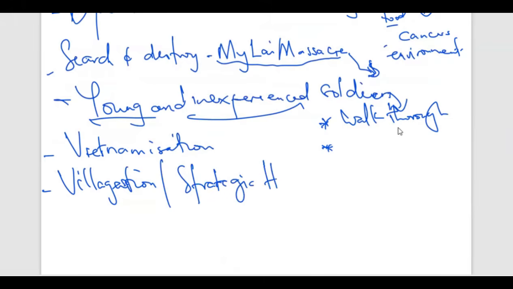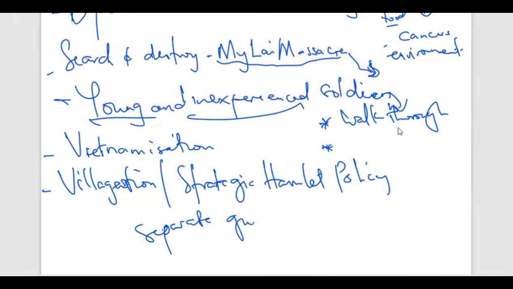Right, then there was also villagization, or what was called the strategic hamlet policy. This was a policy by the Americans to separate guerrillas from civilians. They wanted to be sure of who the guerrillas were. So they created new villages whereby they were taking the peasants into those villages. And they were trying to make sure that whoever was not in the village was deemed to be a guerrilla, because the guerrillas were always hiding. So they took all the civilians into the new villages, and they wanted to make sure that there was a separation between the guerrillas and the villages. But however, it failed. How did it fail?